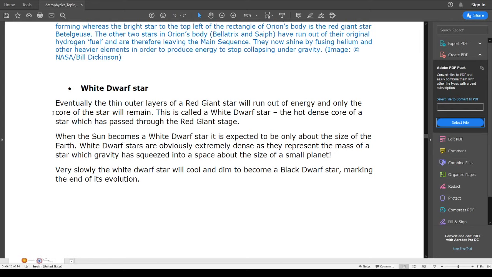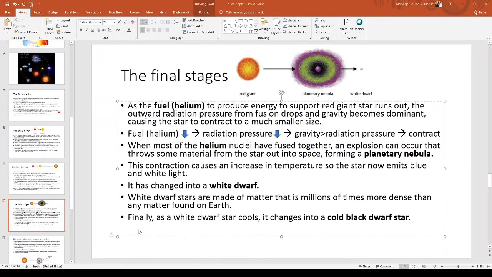And only the core of the star will remain. Okay? So what happens is, in the red giant star, the byproduct from helium,